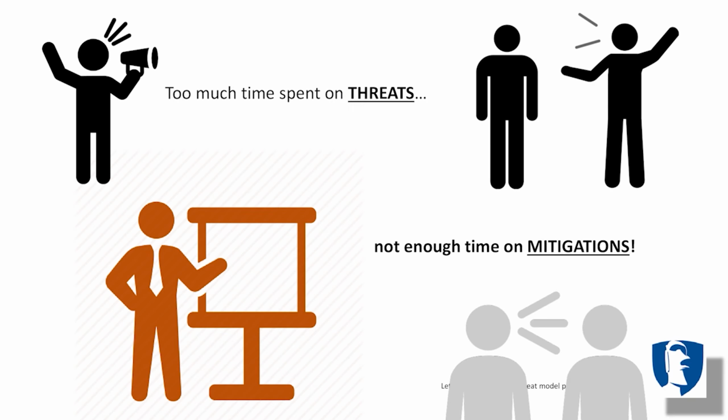Well, first of all, how many people have been in meetings where everyone starts arguing? You get a bunch of people together in a meeting, you say, we're going to do a threat model, and you spend all day arguing with each other about what the threats are because you don't have any kind of organization. A lot of people get frustrated: have you forgotten about this? Have you done this? And since there's no organization, as Nick said beforehand, let's have a meeting. And you have a bunch of meetings, and the meetings don't necessarily work out, and they have more meetings on top of the meetings, and you never get a full threat model out.